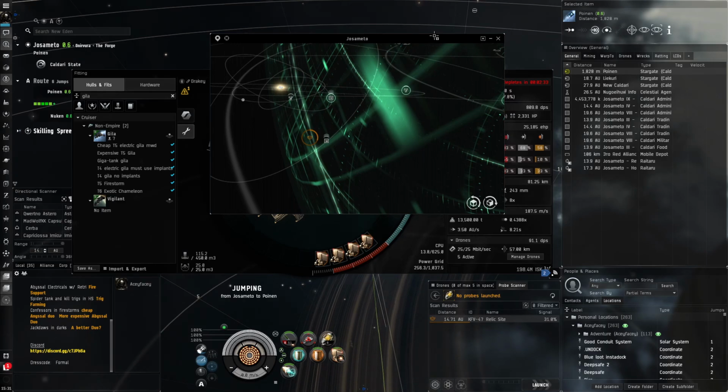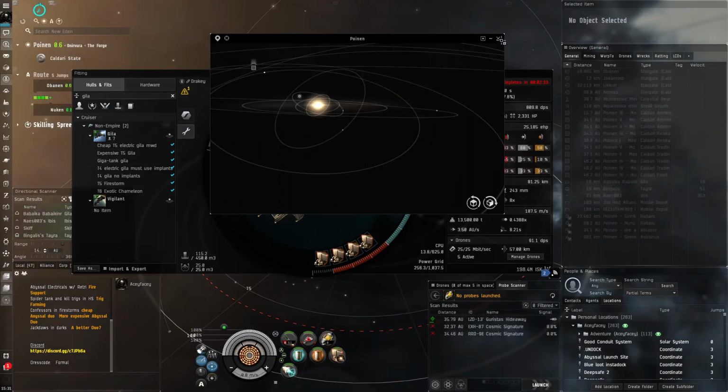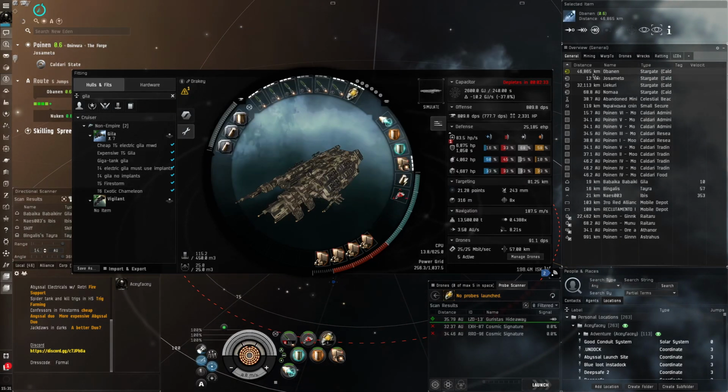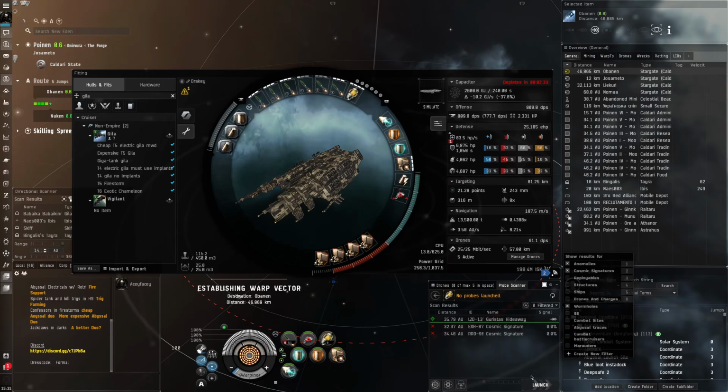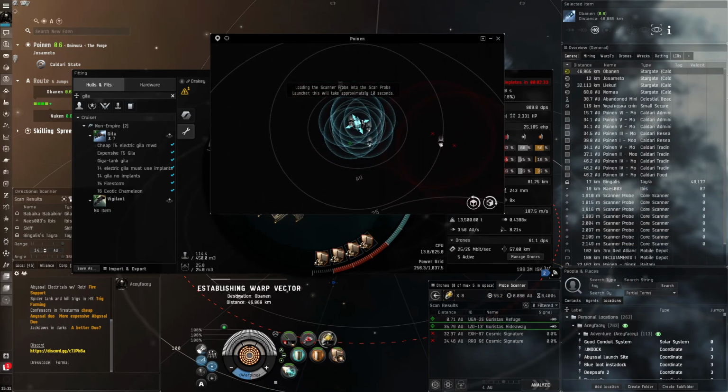But I was actually using a Bantam. The Bantam is what the career agents will tell you to use as an exploration ship initially. And I thought that, at least in my opinion, the Bantam looks like a pretty good ship. So that's why I just kept using it. But I wasn't really aware that it is...